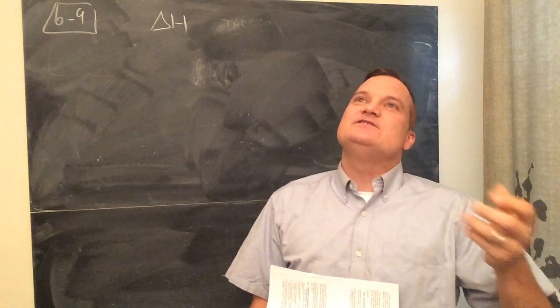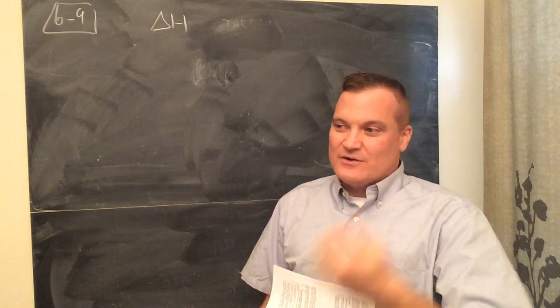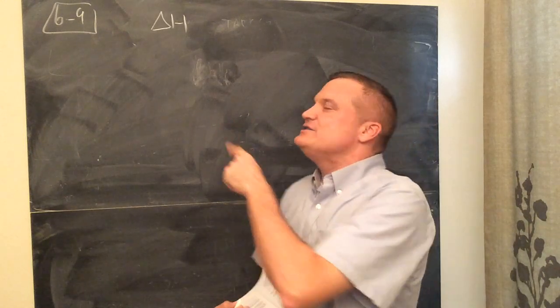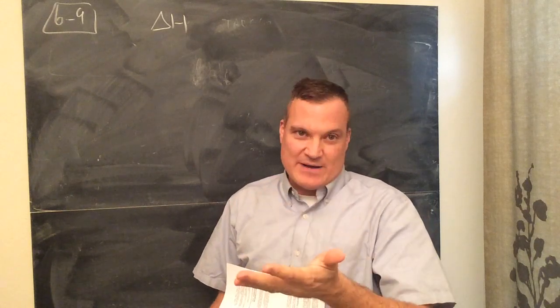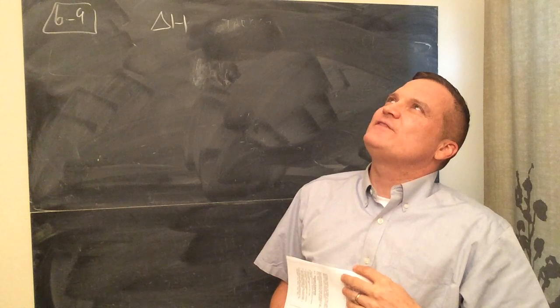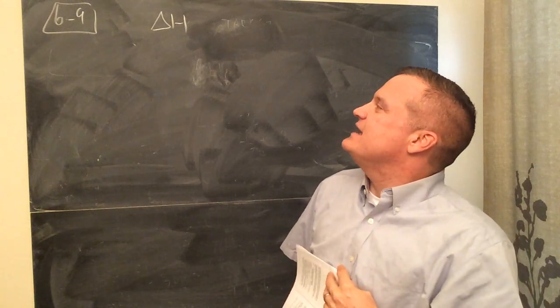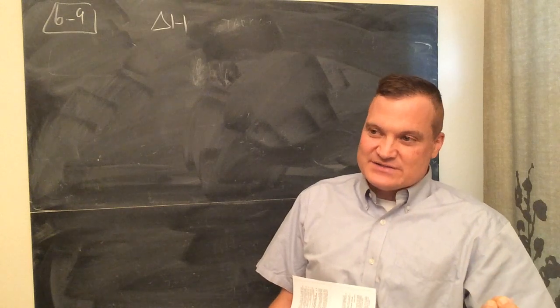Well, Q tells you the heat in your experiment that either was released or absorbed. Okay? Well, delta H is how we adapt that into stoichiometry and make it useful for everybody. Okay? So another way to think of it is to say delta H is the amount of heat released